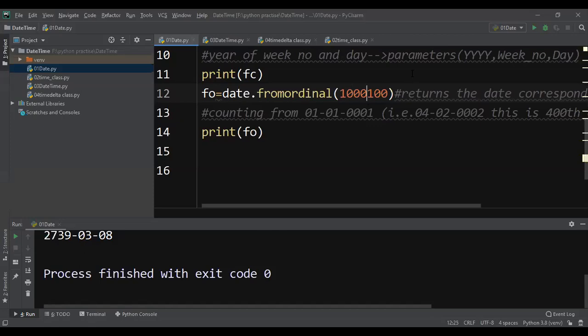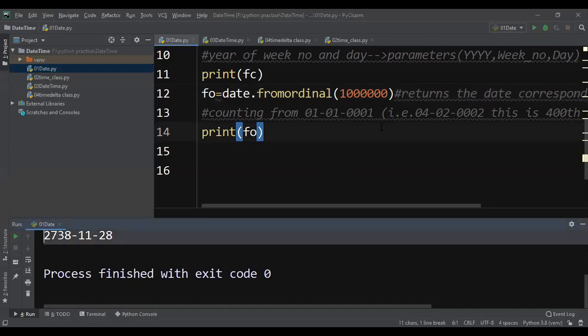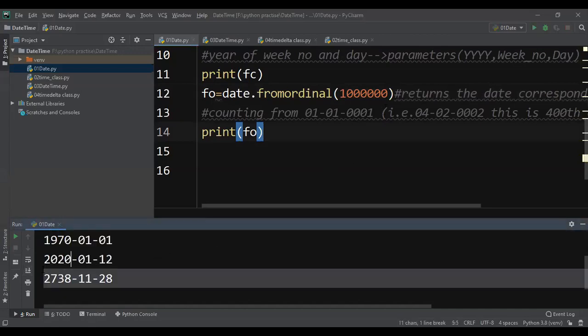Okay, so now what we will do is I'll give 1 lakh days, right? So 1 lakh days means it is this one, 16 October 0274, right? 10 lakhs. Okay, so 10 lakhs means it is going to 2738.